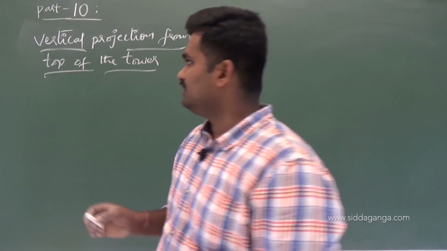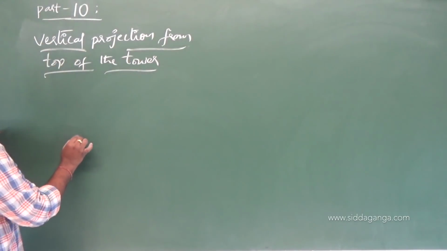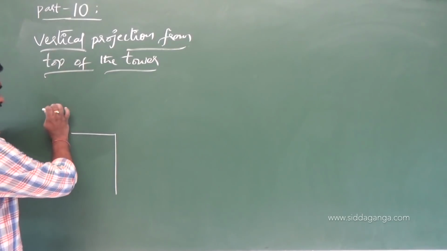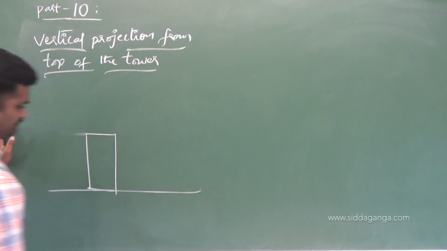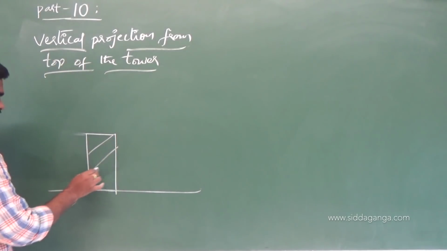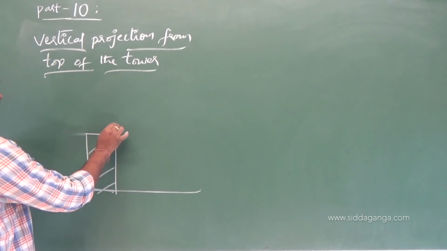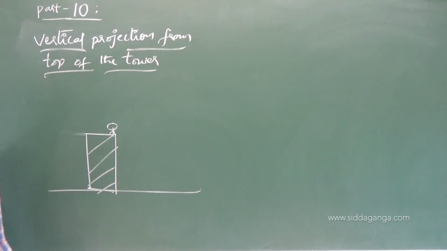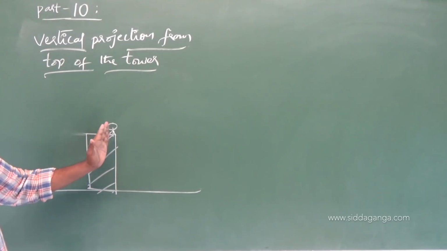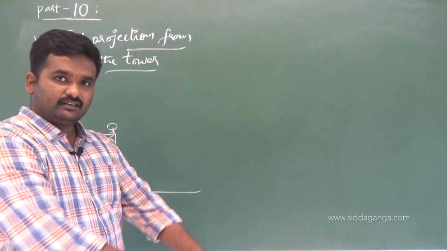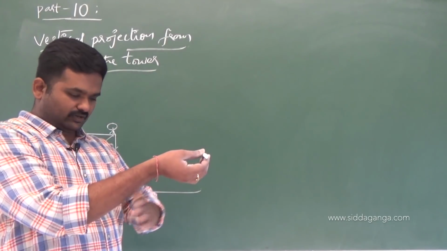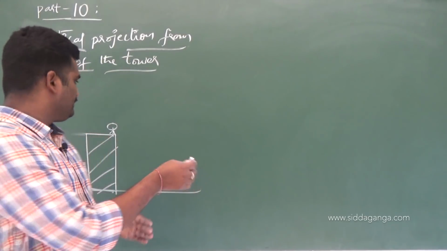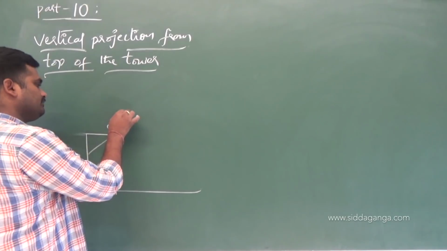But I am standing almost at the edge of the tower. Almost at the edge of the tower we are standing. See this one. This is the tower on which I am standing. This is where the person is standing, almost at the edge of the tower. I am not on the middle of the tower, remember. If this is the tower position, I am going to hold the chalk where it doesn't fall over on the surface of the tower. He is going to throw a ball vertically up like this.